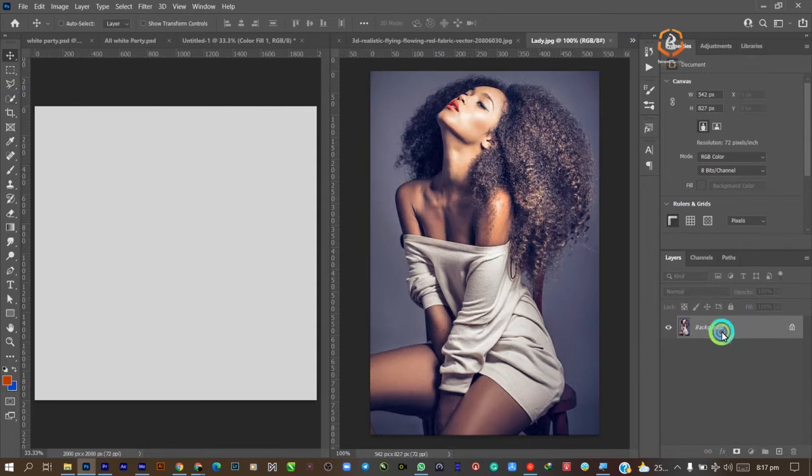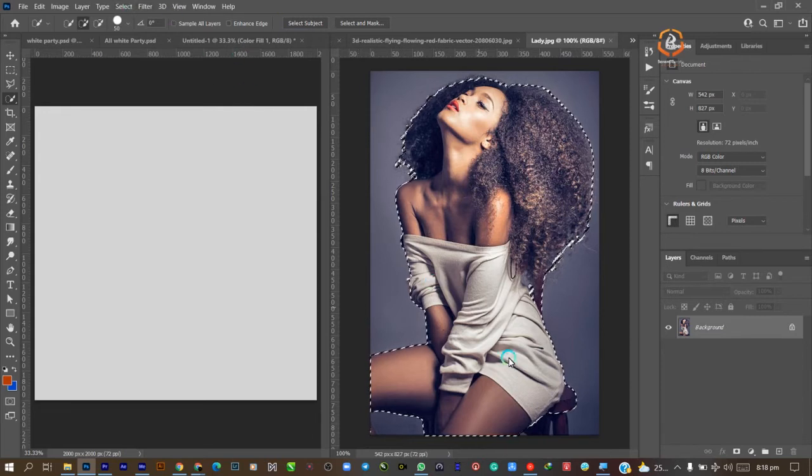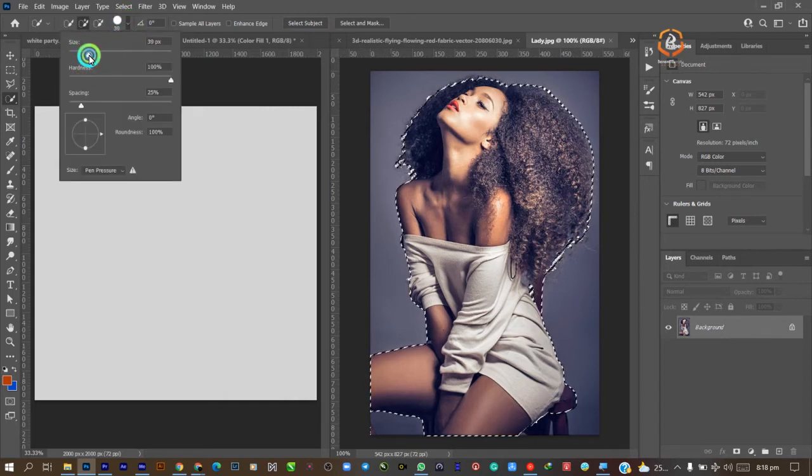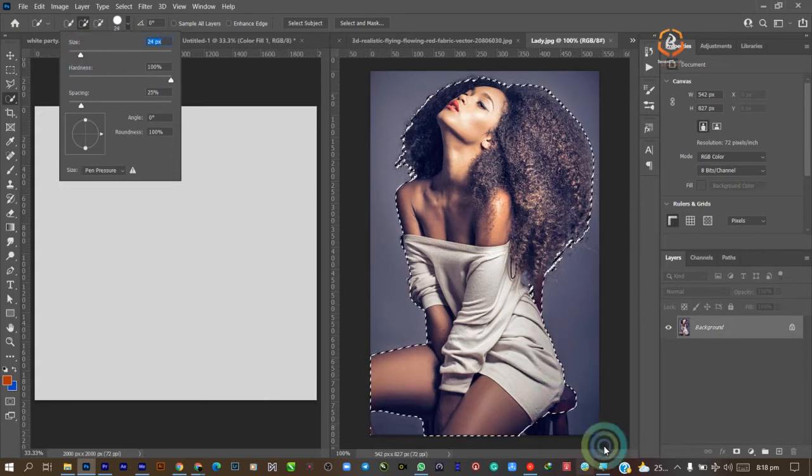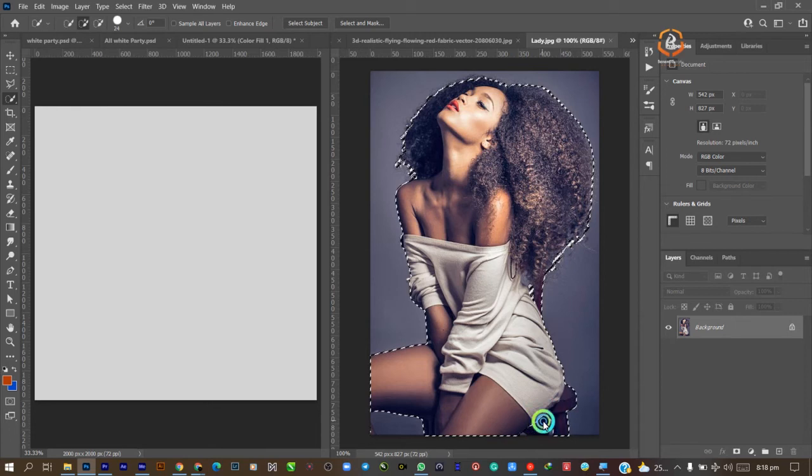Then I have to select the lady layer, then choose Quick Selection Tool or any of the selection tools, then select subject. You have to wait for the Photoshop AI to detect the subject, but it's not going to be perfect, so you have to use the quick selection to reduce the brush a little bit by reducing the size of the brush here. Then you can reduce it more, or you use your keyboard to reduce the brush